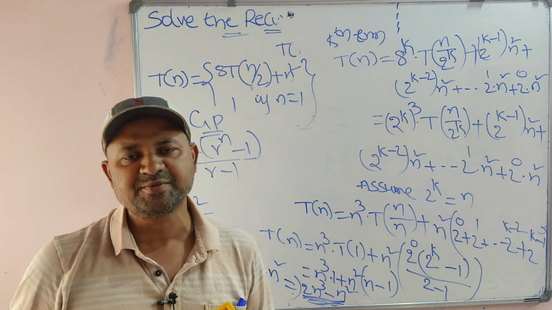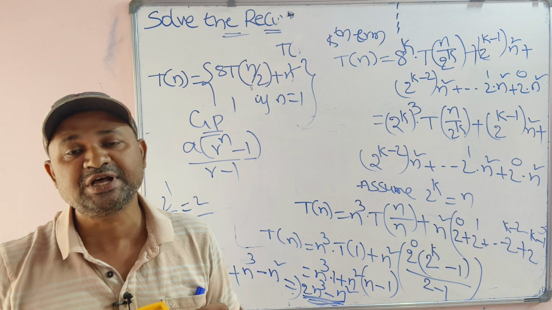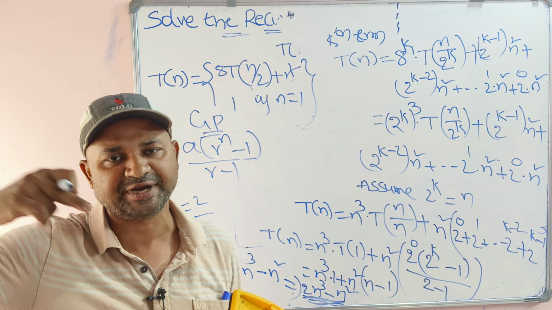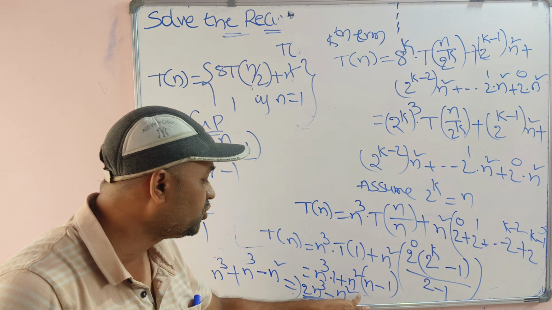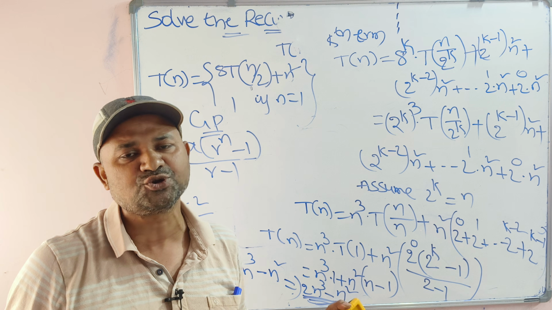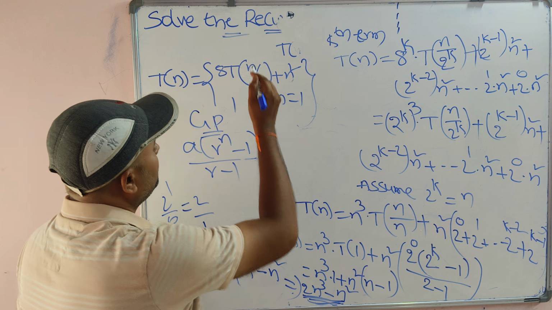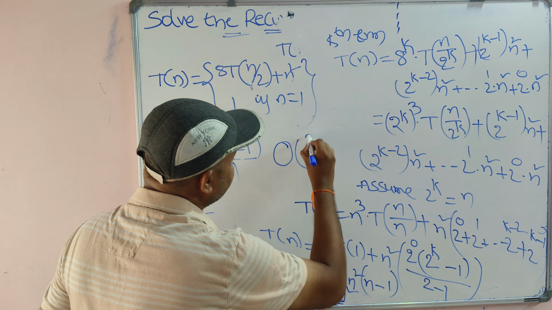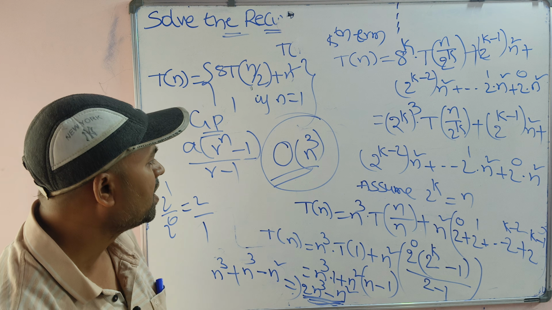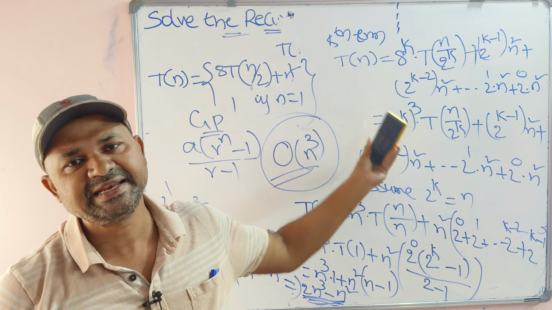While calculating the time complexity, we always consider higher order exponent and ignore the lower order exponent. If you consider 3 and 2, 3 is higher order exponent. So consider n cube and ignore n square. And while calculating the time complexity, we always ignore the constant multiplier. So ignore these two also. So what is the time complexity of this recurrence relation? After solving this recurrence relation, we got the solution as order of n cube. So likewise, we can solve any problem easily with the help of the